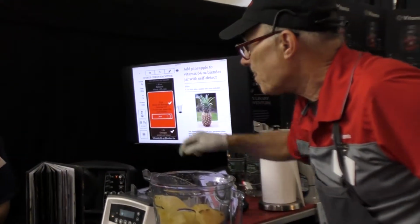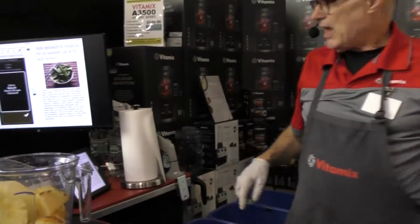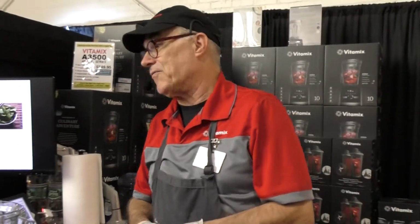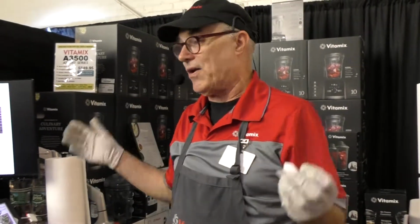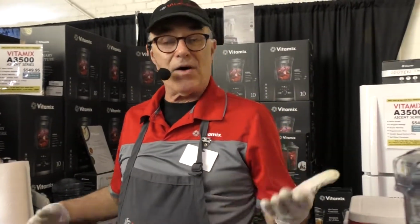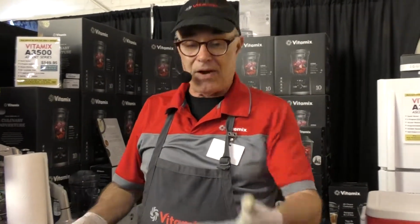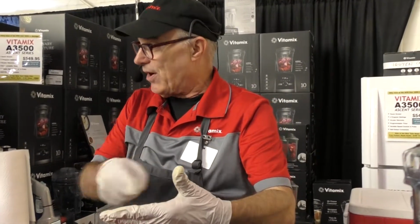Can you add in ingredients? Yes. So if you're in the pantry, it has a lot. I mean, you can find bee pollen in the pantry. You can find all kinds of great things. But if you have a protein powder that you use, for instance, and it's not in there, you just add it using the labeling on your package,